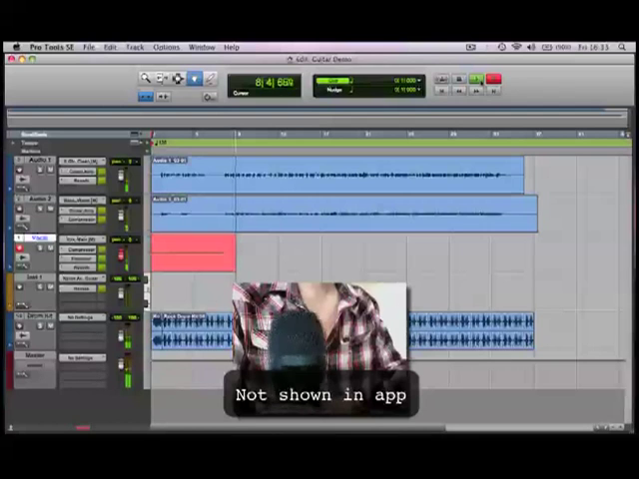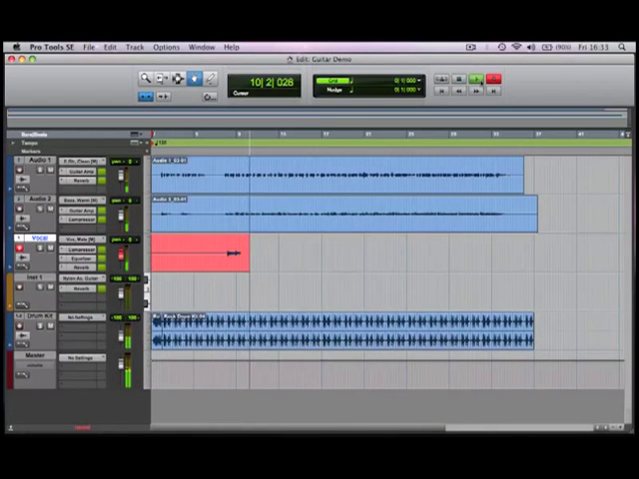And as you can hear, the compressor kicked in there. I've got a bit of EQ